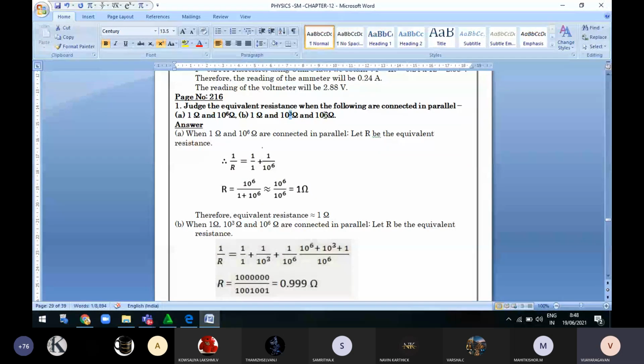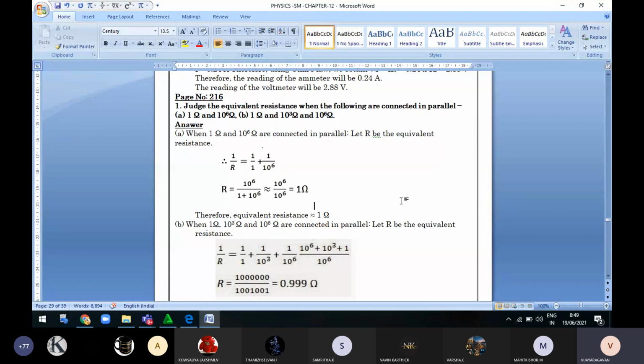1 ohm, 2 ohm, and 10 to the power 6 ohm will be there. So first we can take A. When 1 ohm and 10 to the power 6 ohms are connected in parallel, let R be the equivalent resistance. What is the formula for finding the total resistance in the parallel connection? 1 by R is equal to 1 by R1 plus 1 by R2. So 1 by R1 is 1, and for R2 it is